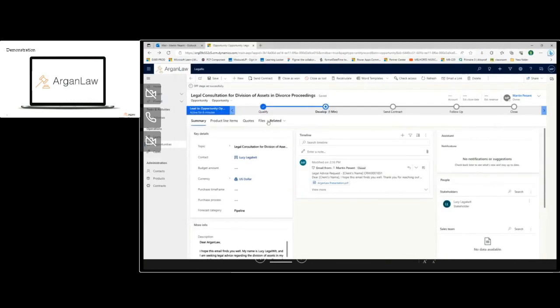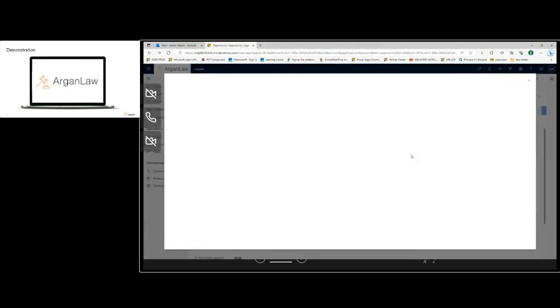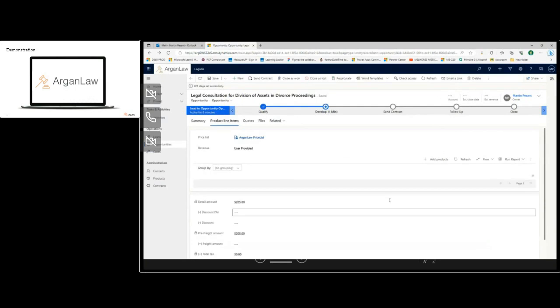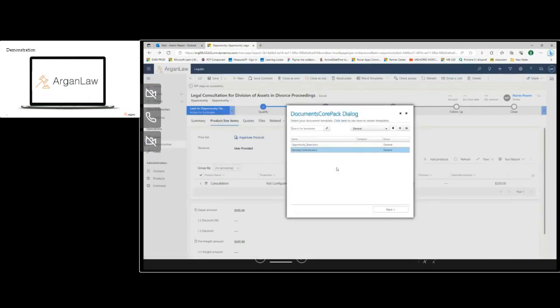We just go over here, we select the product we want to add. In this case, it's a law firm's services, consultation. There are other services too, but that's the primary one. So we just add the service over here, then we click on Send Contract. So I stayed in D365. I didn't have to move out. And I'm going to be able to send